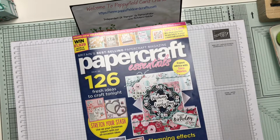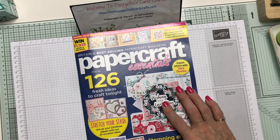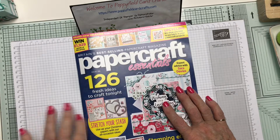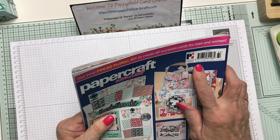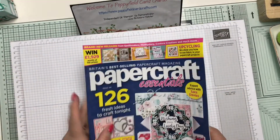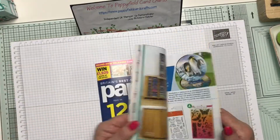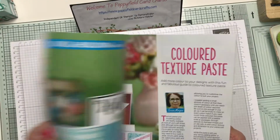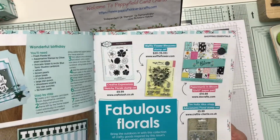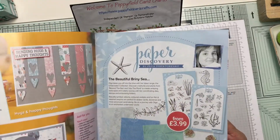Today I'm going to show you what's in this issue of Papercraft Essentials and what I've made. It's number 184. As always, plenty of ideas, new products and a competition. There are some really super cards,